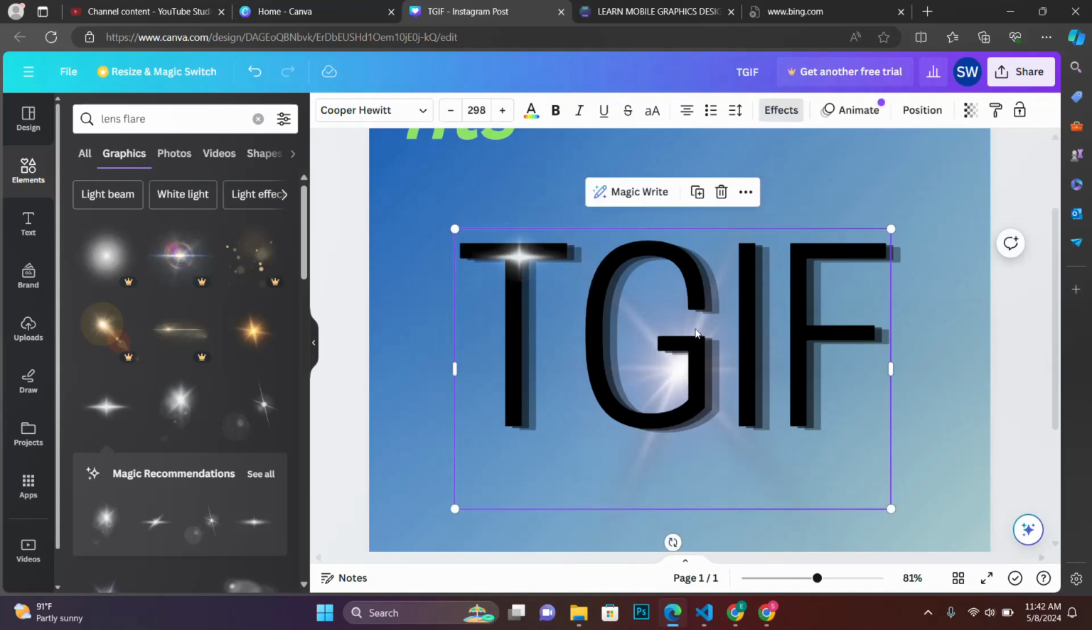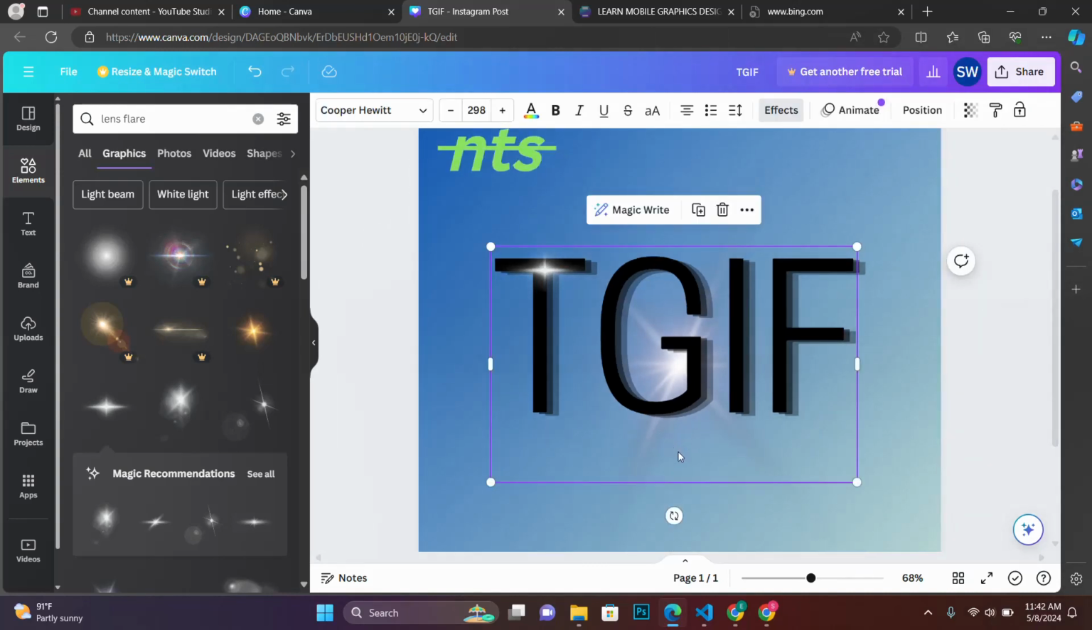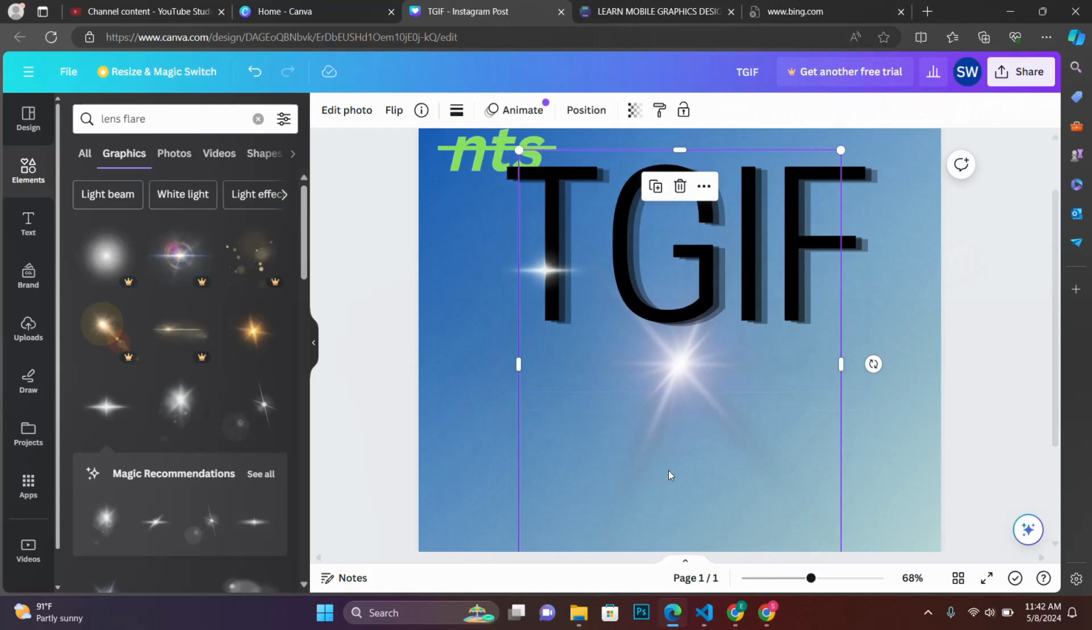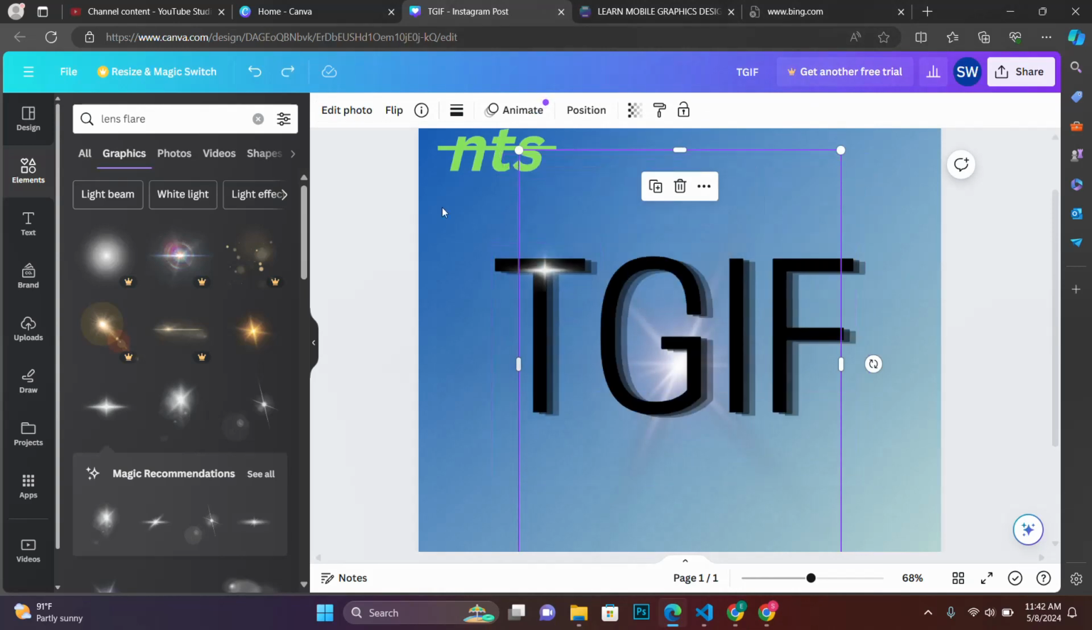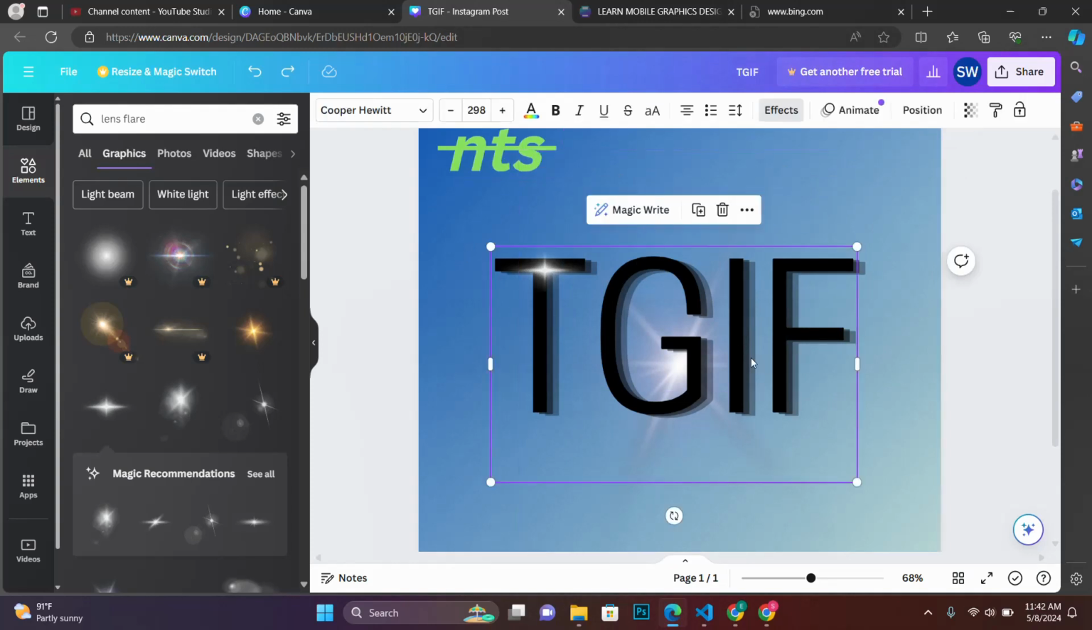Yeah, something like that. And then this other one, if we try to, you see that it's under the TGIF. Control Z to return this. So now we have to talk about positioning. So I want to be able to get access to this